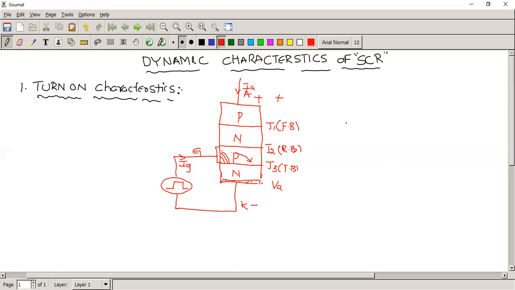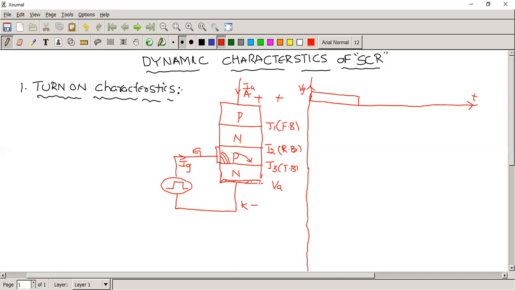Here we have to take the waveforms. This is the y-axis. What you have taken on the y-axis here, the first one is... this is the x-axis. On the x-axis, we have taken the time. For the first waveform, we have taken on the y-axis gate voltage VG. VG is applied at t equal to 0 from some rest. Once the device is on, gate does not have any control on the device.